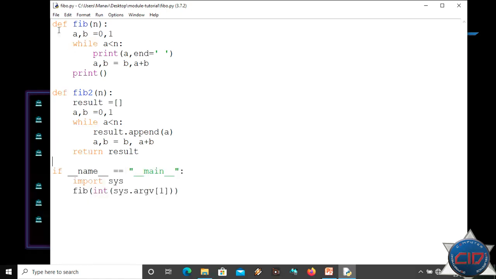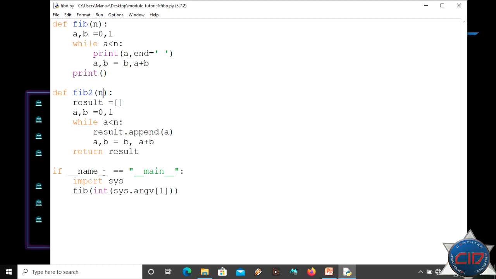So here you will have to focus only on this method and this method. fib gets an argument n, and fib2 also gets an argument n, and it will print the Fibonacci series for that.